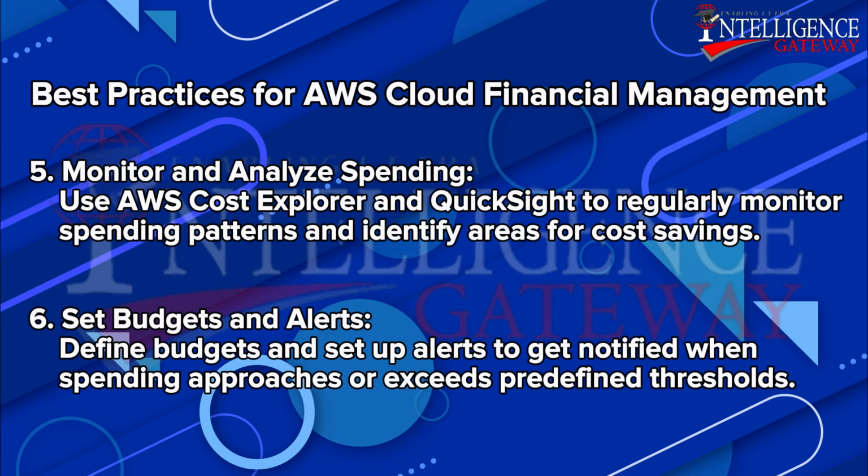5. Monitor and analyze spending. Use AWS Cost Explorer and QuickSight to regularly monitor spending patterns and identify areas for cost savings. 6. Set budgets and alerts. Define budgets and set up alerts to get notified when spending approaches or exceeds